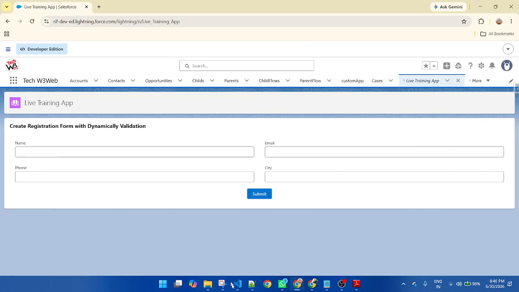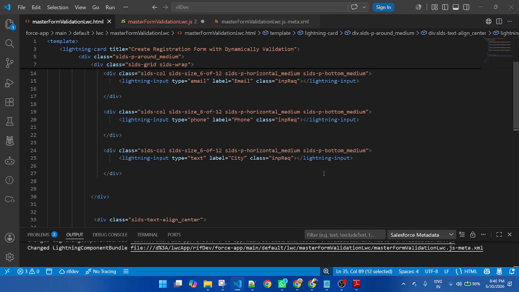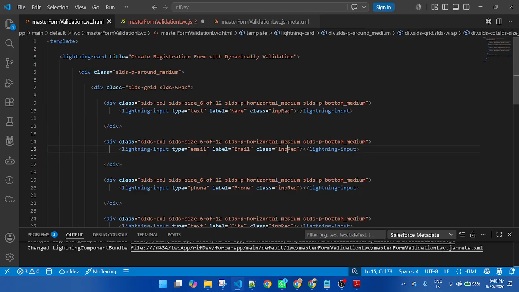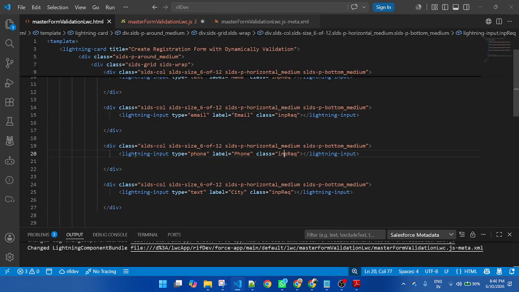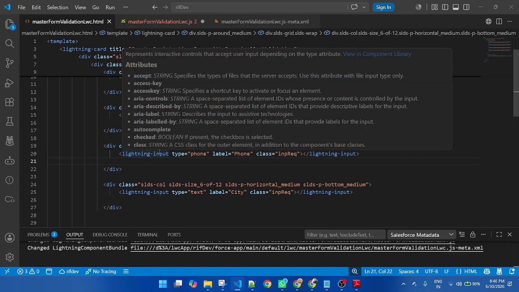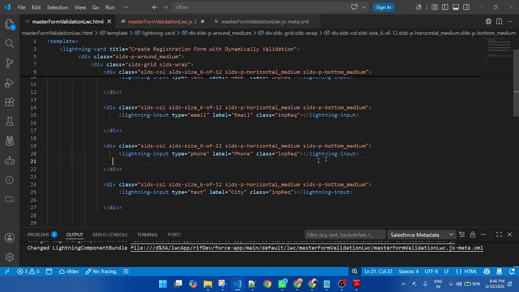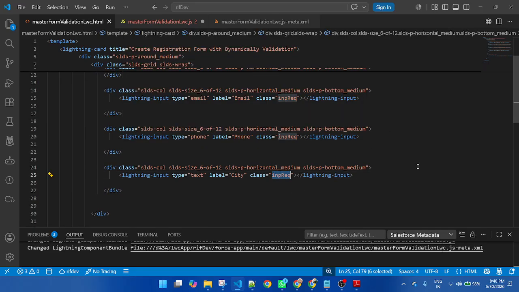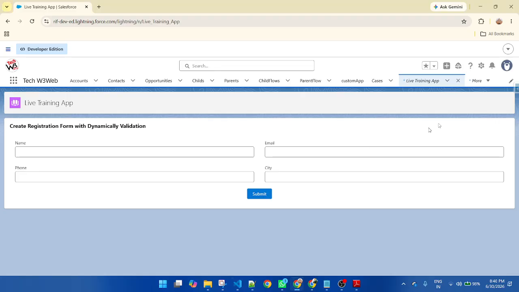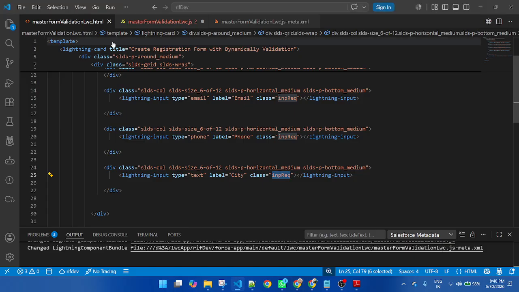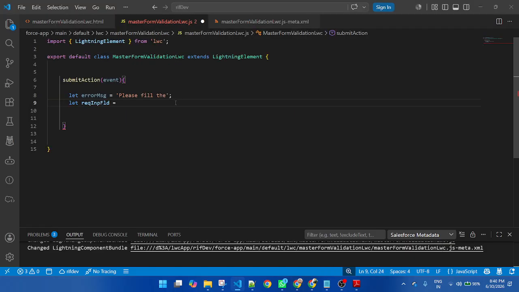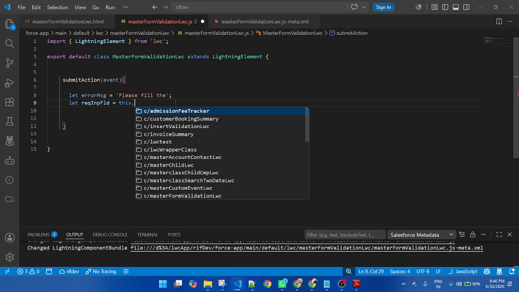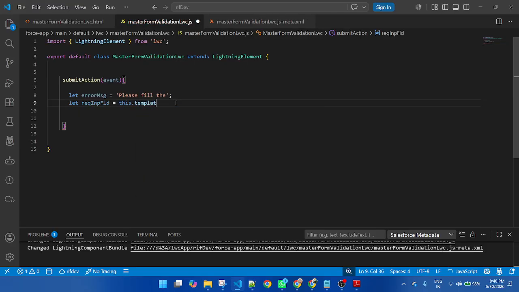So here you can see all of the input fields. I am putting a class input required on each of them. This is a lightning input, and each and every input has the class input required. So based on this input required, I will get the value and check. So how to get the value? First use this dot template dot